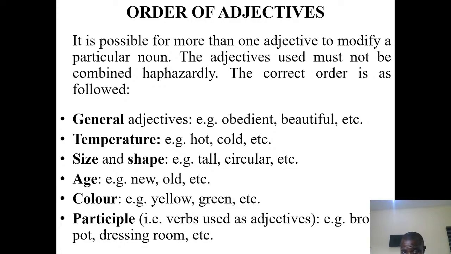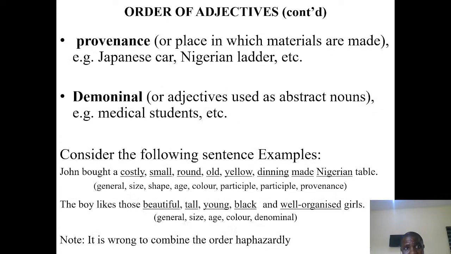Next, participle. Remember, I said verbs that I use as adjectives. They are participles, like broken pot, etc. Next, provenance. That is nouns that tell us a place in which materials are made. And next is